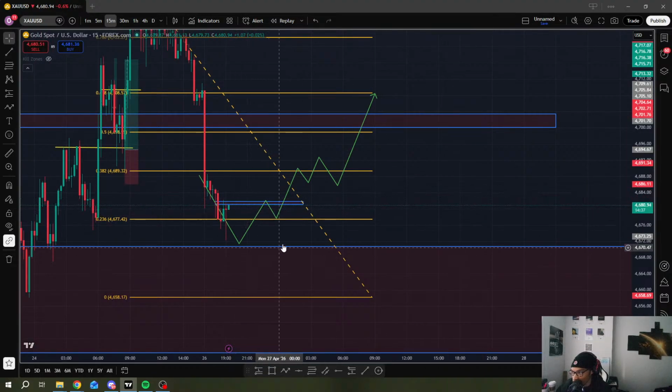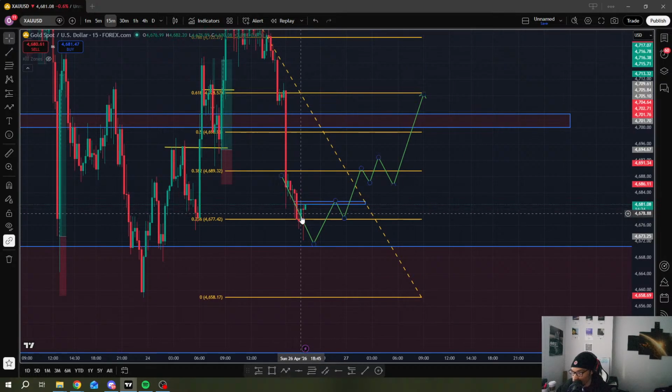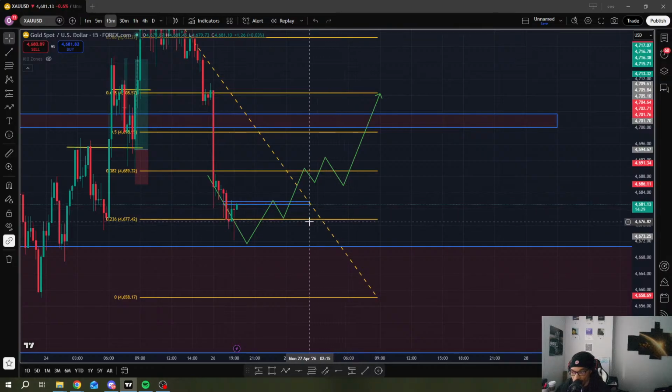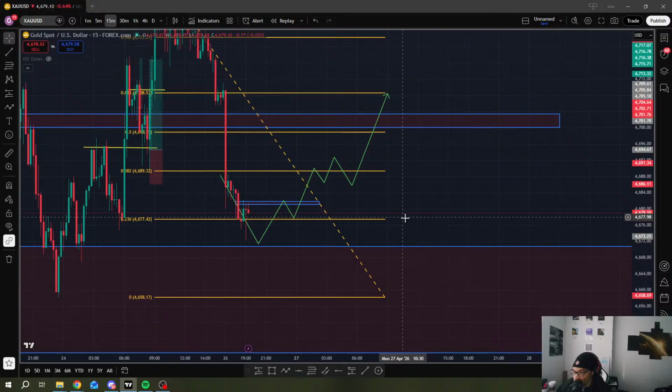And so look at this. This looks good. So again, we came down here, we tapped into this range, and then we started to reverse. Now, the only thing that we need here is we need price to hold above these areas. If we can't hold above these areas, then we may just be grabbing a little bit of fuel to come back down and switch things up to come back down to this 46.75 level. So watch price closely, sit on your thumbs, wait for a break, wait for a retest, and then a continuation. Because once you get that, you mapped it out. So you got exactly what you were asking for.